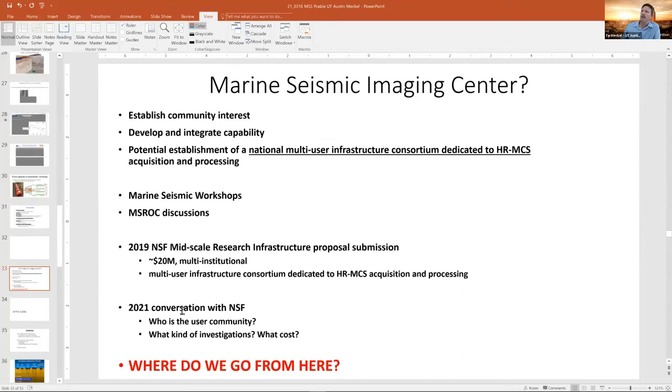And we brought up that conversation with NSF again in 2021 and tried to understand a little better whether we should go back to this same kind of mechanism or vehicle for funding this. The response was what generated a lot of conversation about having this forum. The response was, well, we're not really sure who the user community for this is, and would they really use the equipment if we pooled it, and what kind of investigations are we talking about, and what costs. So for me, the real question here is, where do we go from here? I'd love to hear people's comments on that, and I'll just stop sharing and listen now.